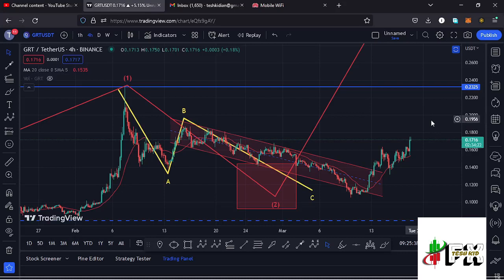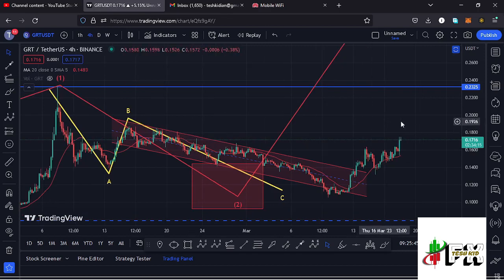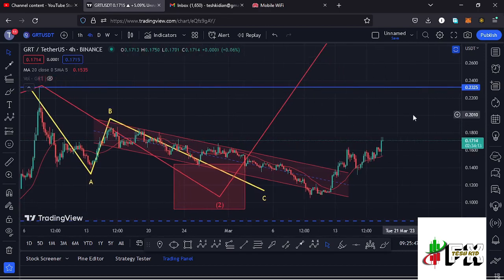Welcome back to Teshkid Effects for another GRT price prediction update, and in this video I'll be giving you the latest developments that have been happening here on the GRT chart, which at the time of this recording is holding above the 20-day MA here on the 4-hour chart, which is now acting as support for us to continue gearing